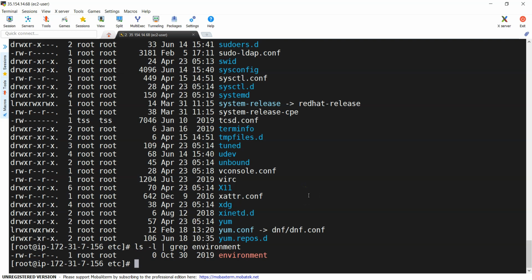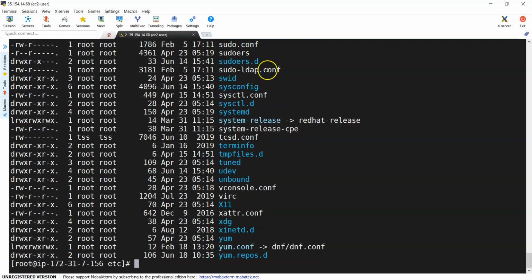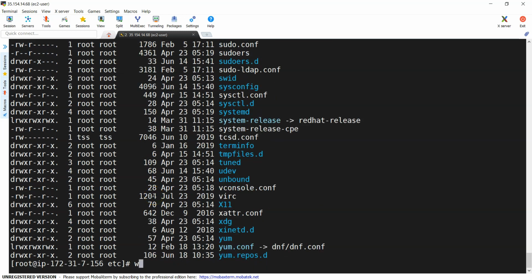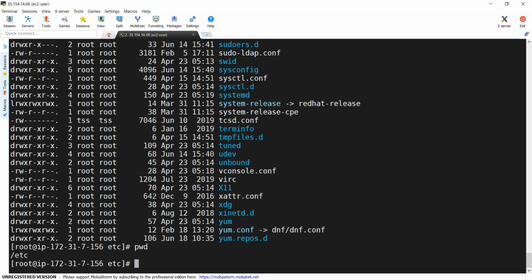Let's use one more example, that is ls -l. If you see, there are a lot of files and directories in this particular directory, where I am under /etc. Among these, I just want to separate only directories. In that case, what I can do is ls -l pipe grep, and I can give d, right? d, nothing but wherever d is there, you can get those as output.